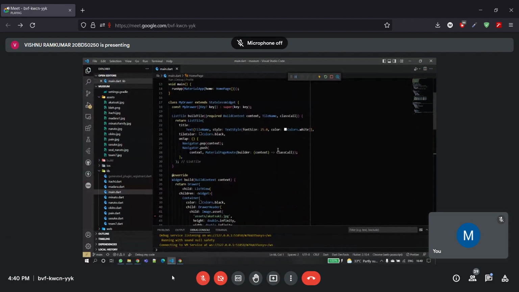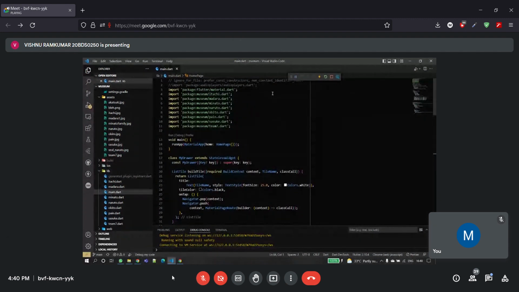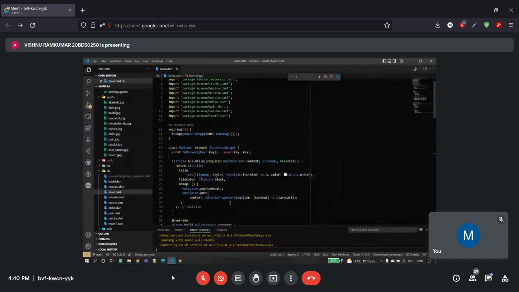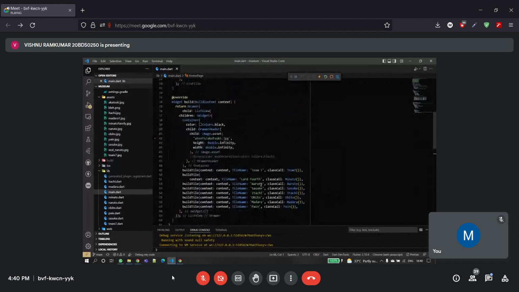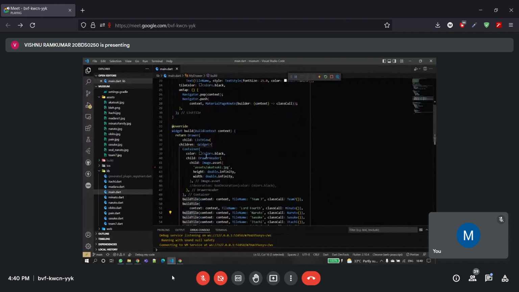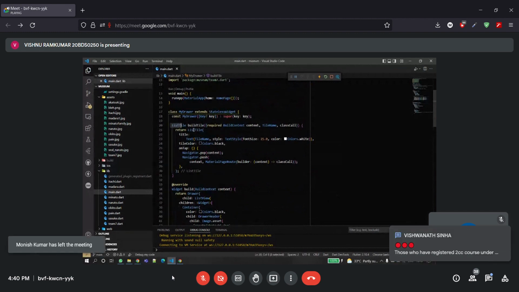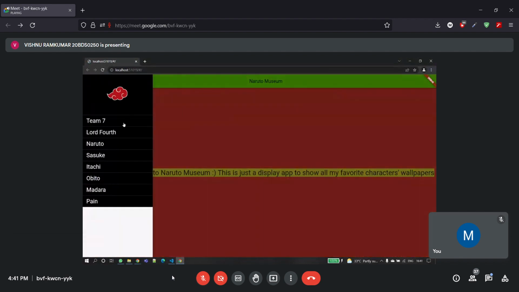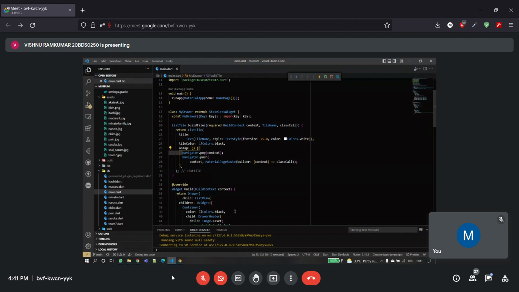Okay, thank you. So due to time constraint, I won't be able to code the full app, but I'll just explain from where I left off, and hopefully you guys could understand. So after creating the build tile, I'm passing arguments. This is my function, and this is the function build tile. And what this function does is it pops. So in order to access this navigation menu with the help of a drawer, these are called list tiles. Team 7, Naruto, Sasuke and everything, they're called list tiles. So what I have done is I've passed arguments into these